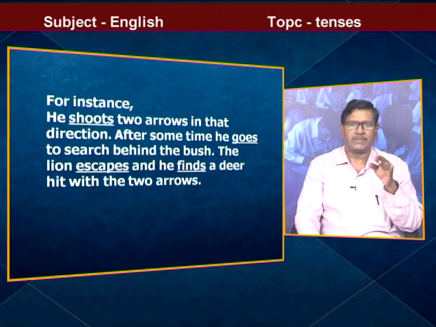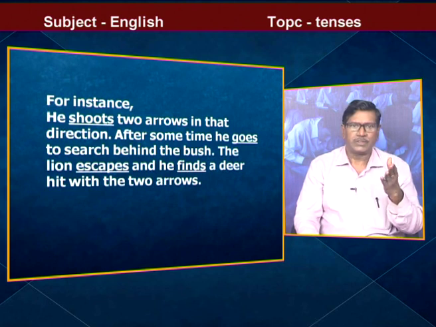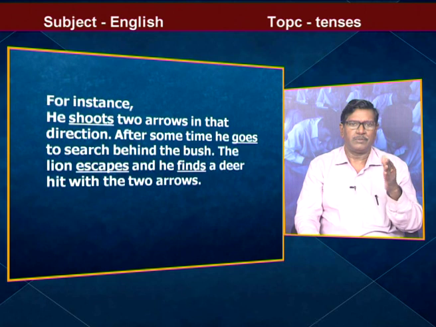He listened to the sound of a roaring lion, and in that direction he shot 2 arrows. When he goes there to search behind the bush, the lion escapes and he finds only a deer hit with